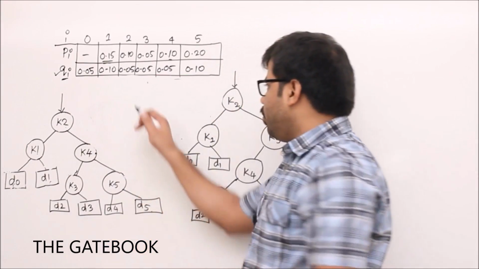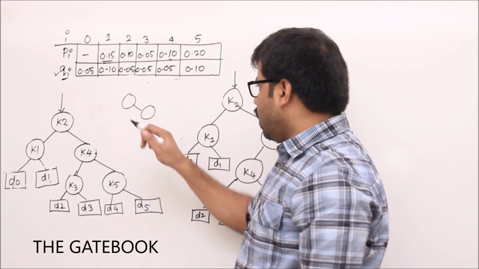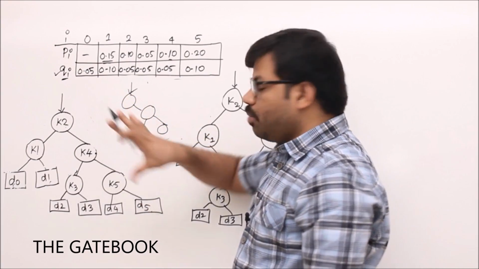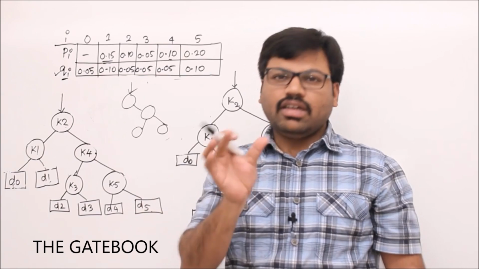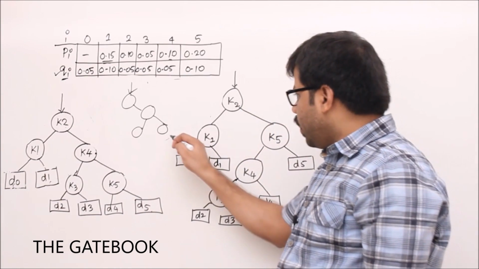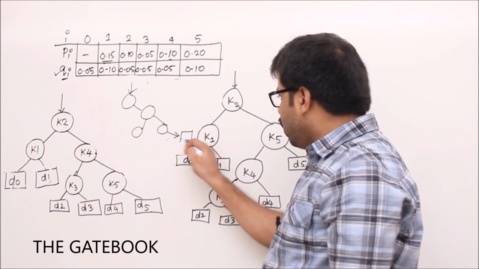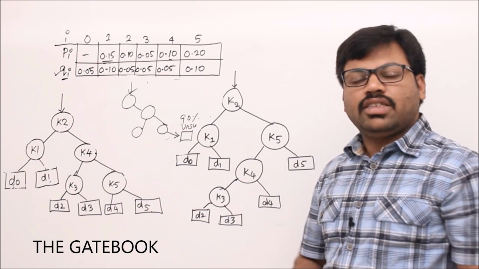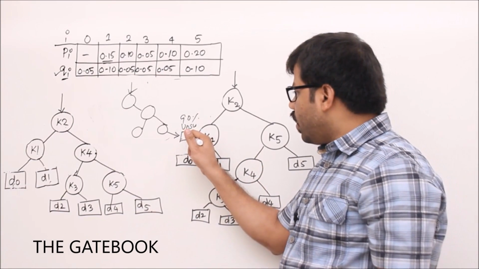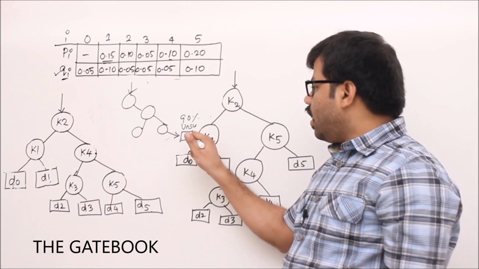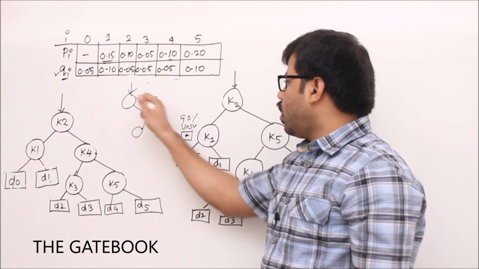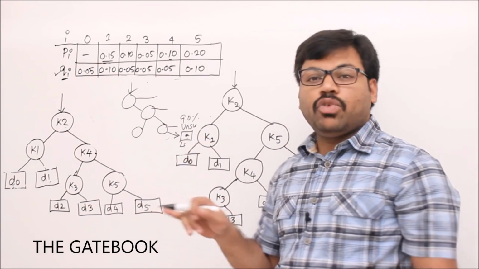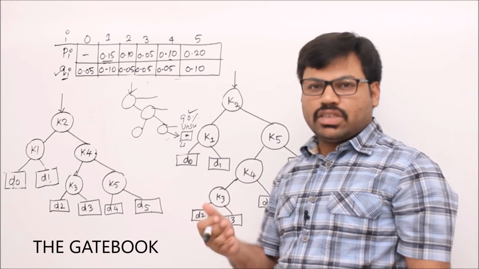For example, you may be thinking of this kind of tree as the best tree. When you think that this is the best tree possible without considering the unsuccessful search probabilities, then what can happen? This is the area where you are going to have unsuccessful search. Its probability, let's say, is 90%. Think about it. Let's say 90% of the time you are searching for a key or a set of keys, they are falling here. Then see the levels 1, 2, 3, 4. What is the penalty to come here? 4 units. So 4 units of time you are spending, but 90% of the time that activity is going on.